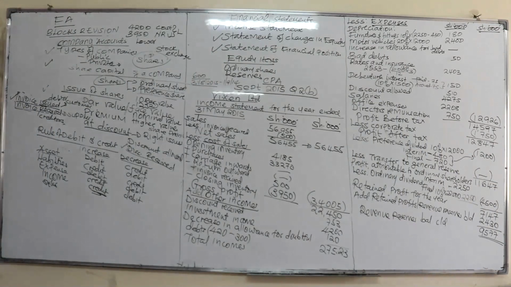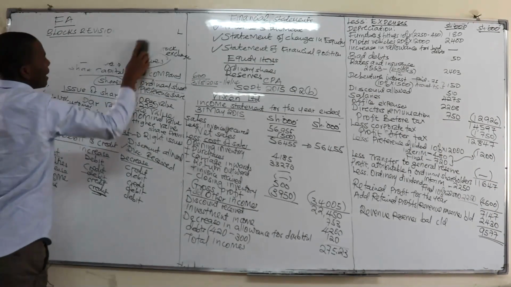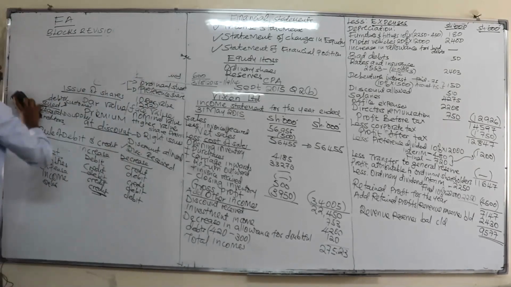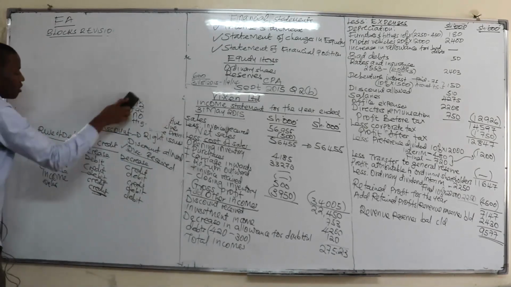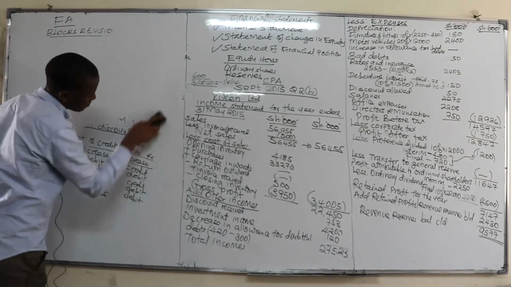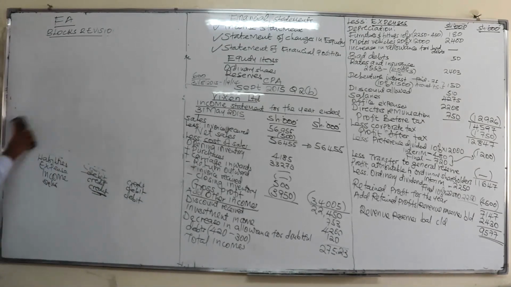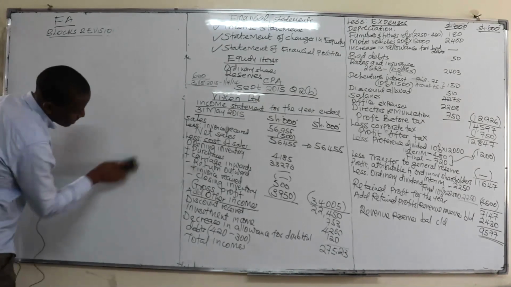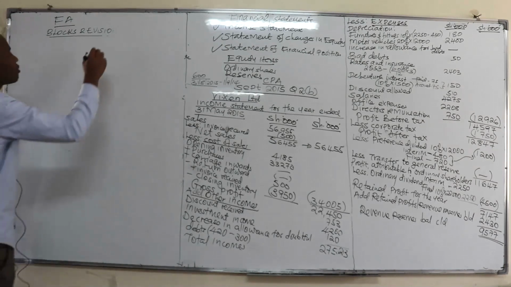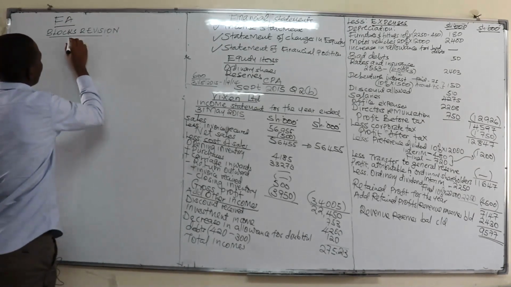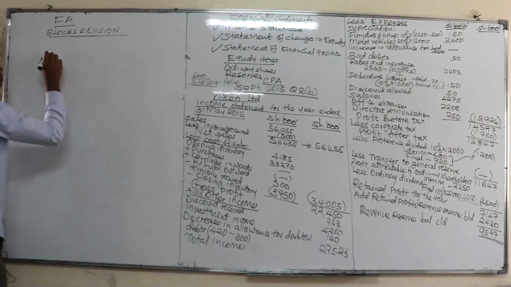The income statement. Now, from there, we can also prepare the other one, which in this case you may also be asked, is a statement of changes in equity. Now, if you are asked about the statement of changes in equity, this is how you prepare it. However, in our case, you've not been asked. So if you are not asked, you don't have to waste your time on the same.